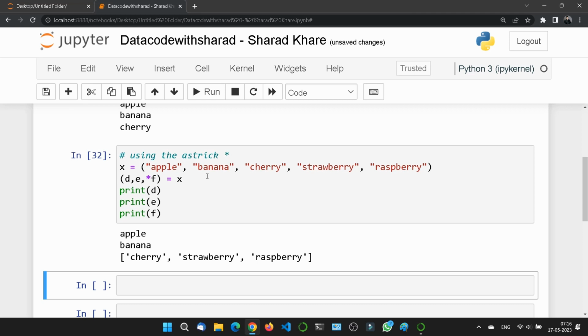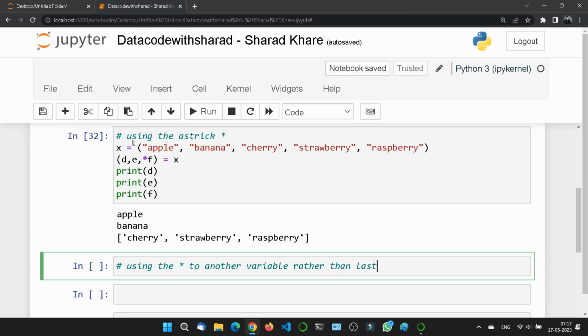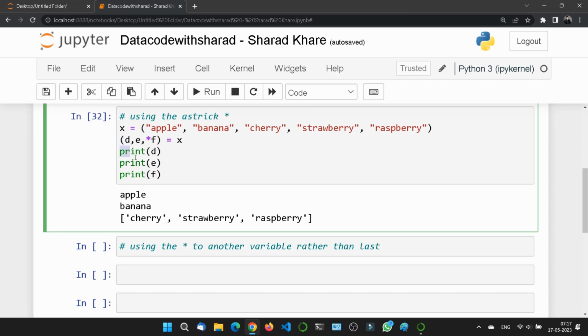So what I'm telling here is, suppose I use the asterisk on another variable rather than the last one. If I don't put the asterisk on the last one and put it on D or E, what will happen? Let's see. Let me copy this first. We will take the same example.